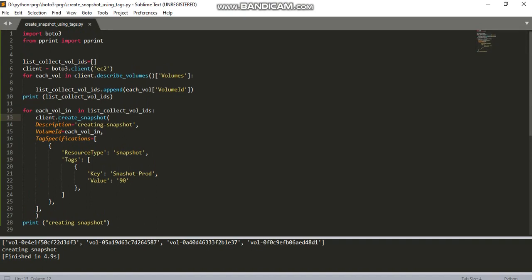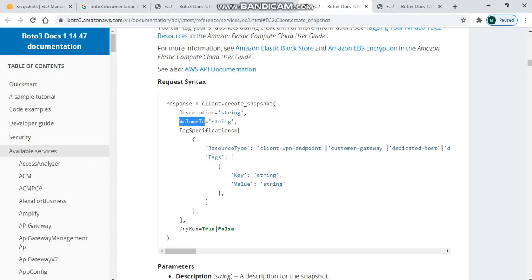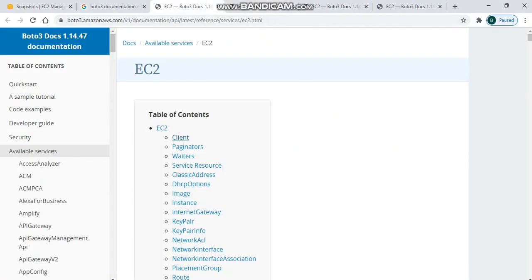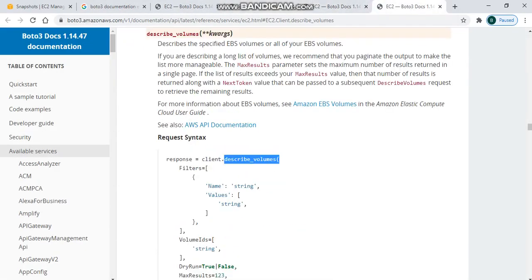So for that, let me call the describe method, describe volumes. I have one disk. Let me open my document again. Describe volumes, right? This is the method which is used to fetch all the volumes.